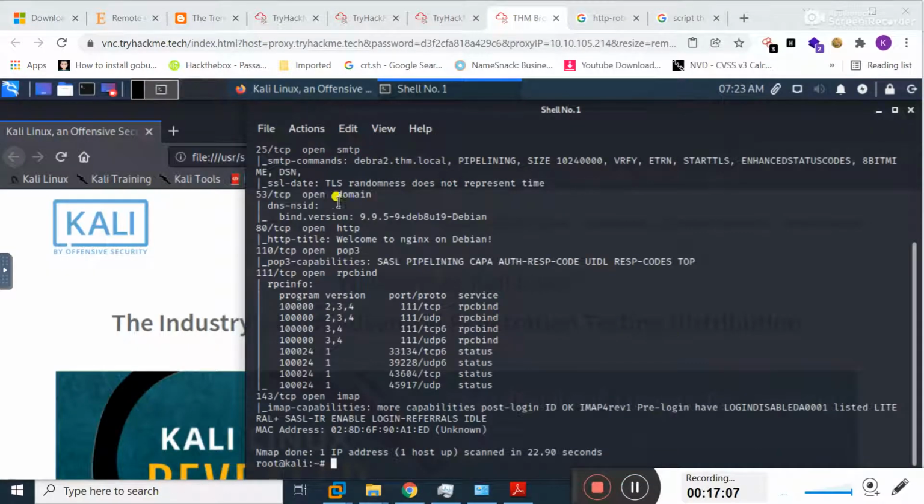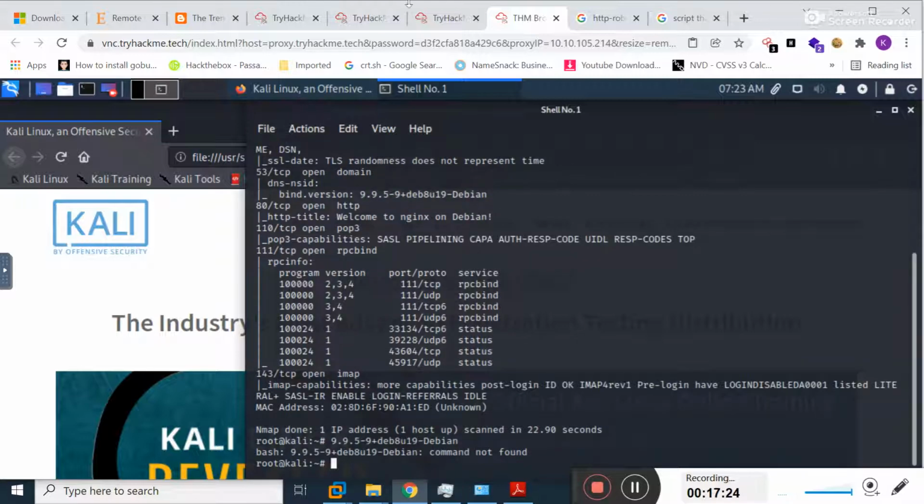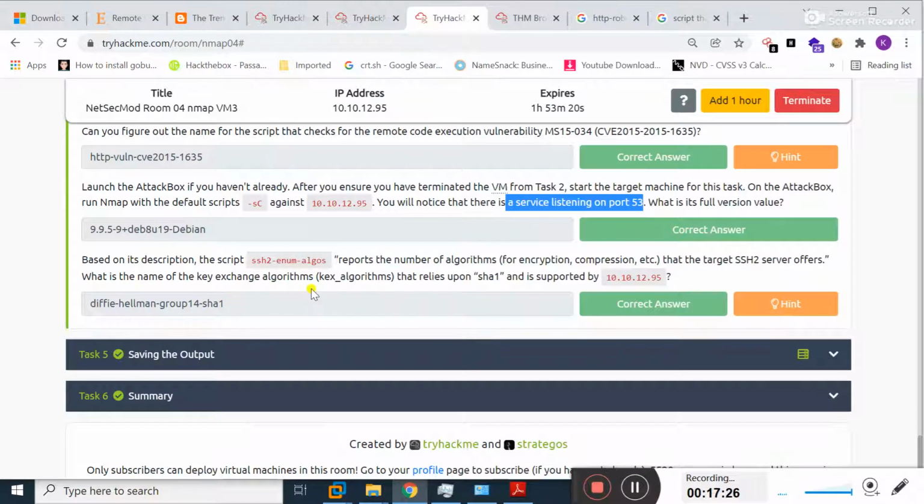Okay students, against port 53, here you can see the version of the service running on this port is this one, that is 9.9.5-9+ something, and then Debian. So this is the way you can check port 53 by using the default script, that is -sC.